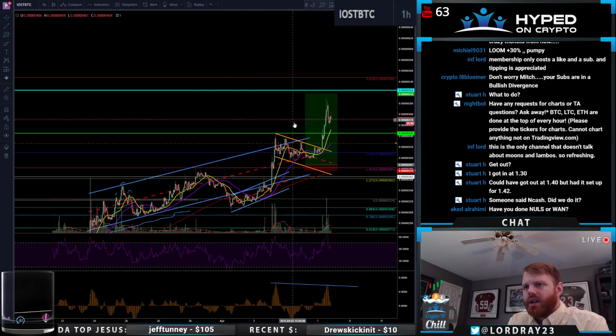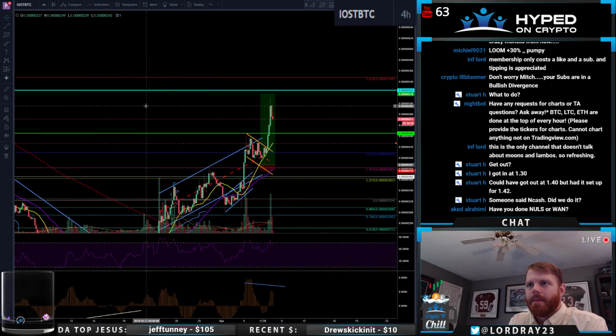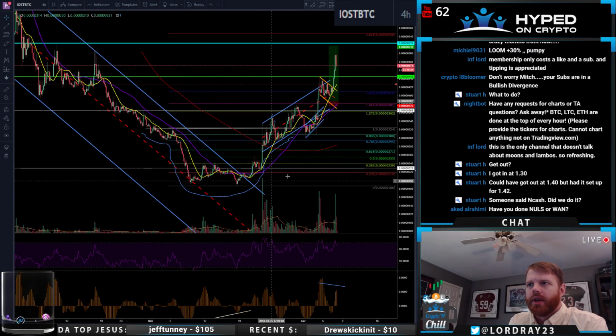So wonderful though, guys. You know about this coin. This is IOST. Let me show you. Beautiful, beautiful cup and handle pattern, right? So the first target was unbelievable. Having it like this, the measured move, 122, 123 sats, right? From the bottom here to the top, that's how you measure it. And then from the breakout,